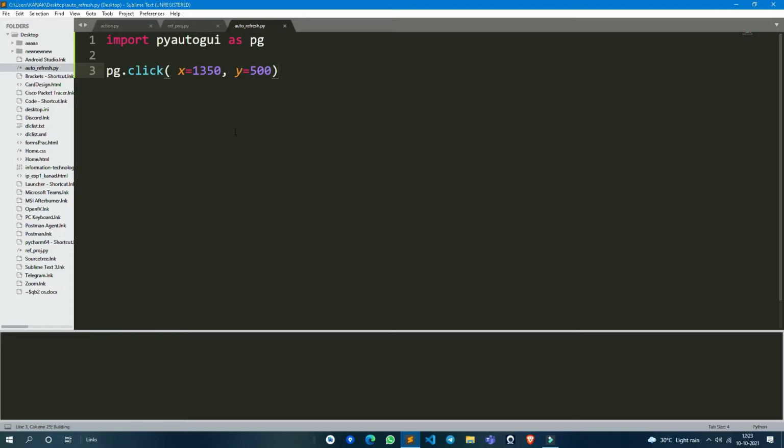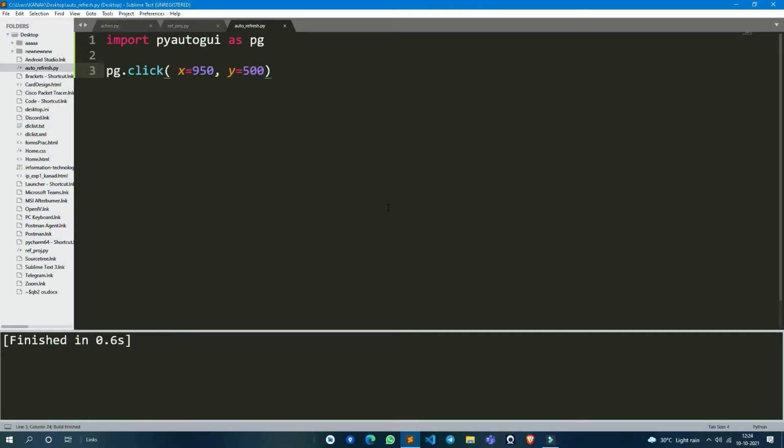See, my cursor goes too far to the right side, and if I increase the y-axis, my cursor will go downside. See, it went here. So I'm choosing 950 and 500.